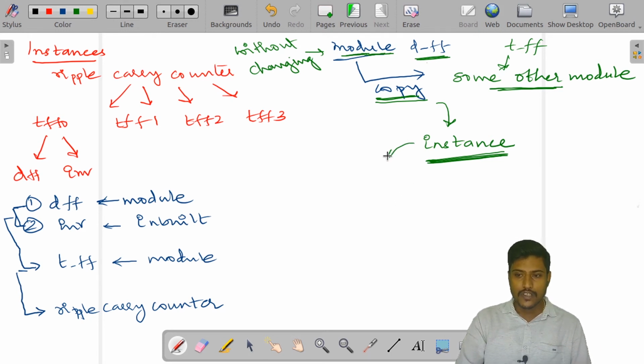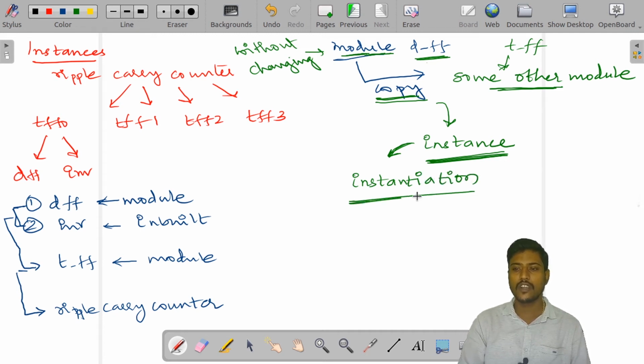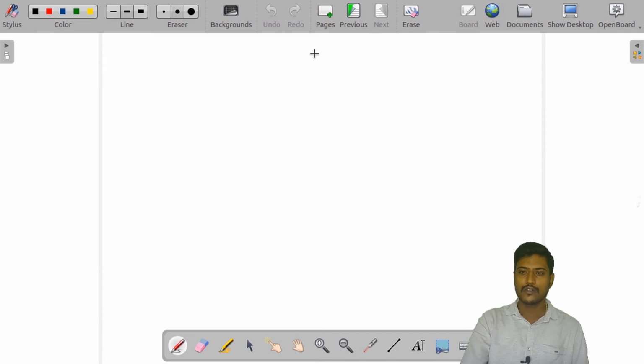And the process of creating an instance in some other module, we call it instantiation. The process of creating a copy in some other module, we call it instantiation.